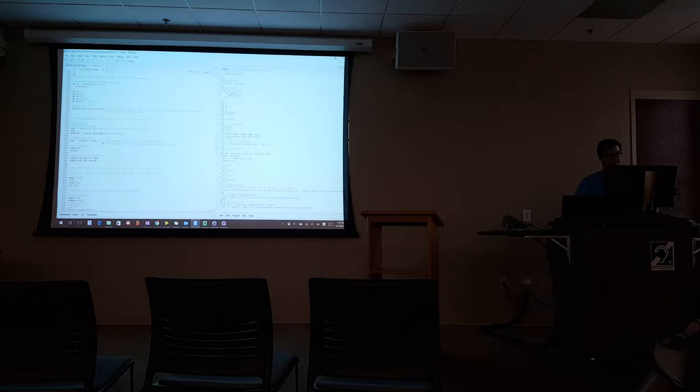And again, this rnorm is creating random normal variables. And again, you can mouse over it, hit F1, and get everything you ever wanted to know about this command.